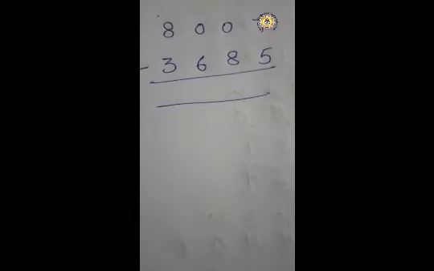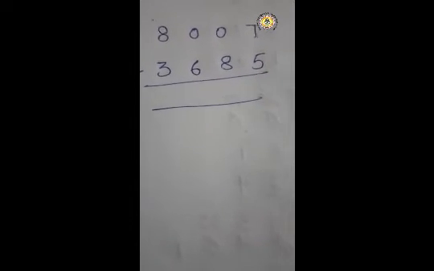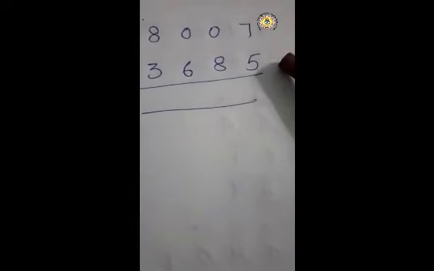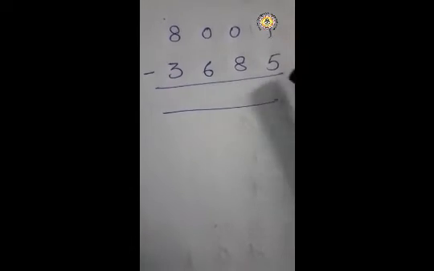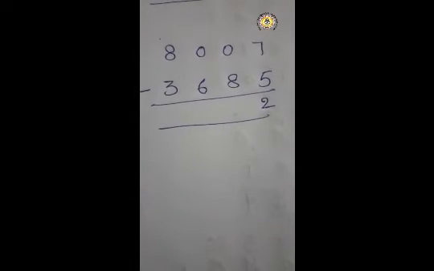Have you completed last class homework? Okay, look here once. Here 7 minus 5 possible or not? Yes, 7 minus 5 is 2. Here 0 minus 8 not possible. Here also not possible. So you can take borrow from here. Now look, so like this you will get borrowing numbers.